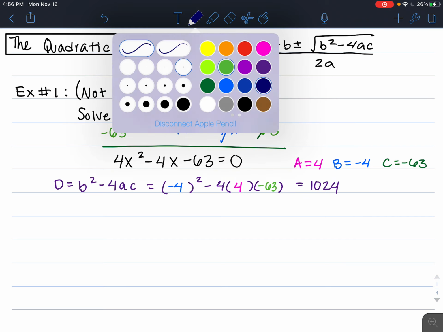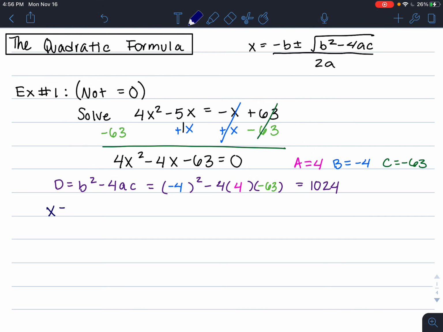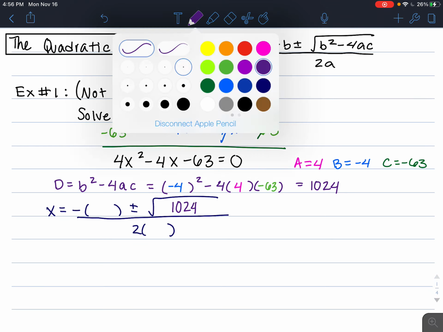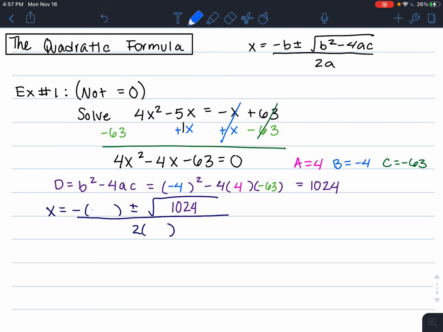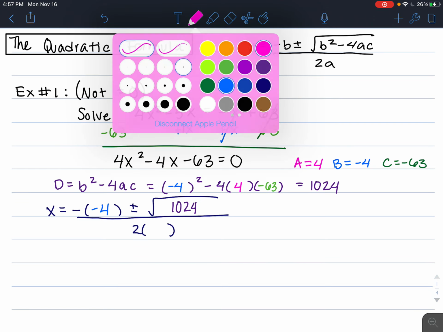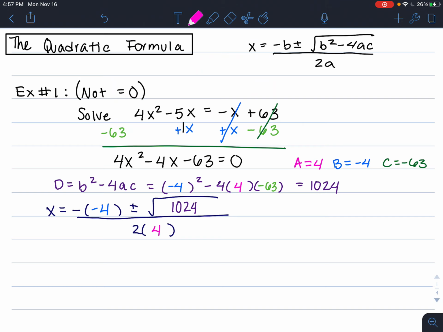Now I'm going to go ahead and set up my quadratic formula. I have x equals the opposite of b plus or minus the square root of my discriminant all over 2 times a. I'm going to put my 1024 in for the discriminant. My b value was negative 4 and my a value is positive 4. So plugging in all of my numbers, and then I'm going to simplify. I get the negative of negative 4, which is positive 4, plus or minus